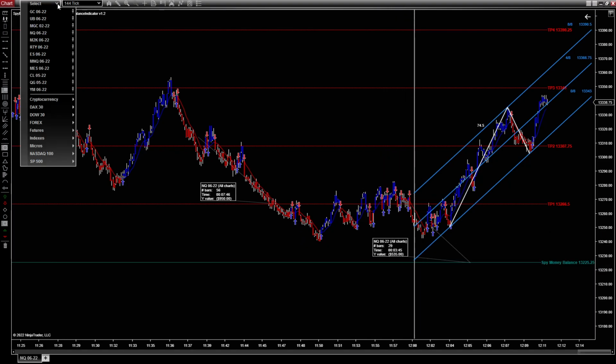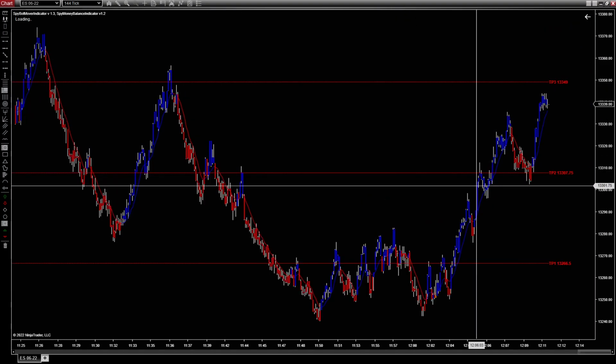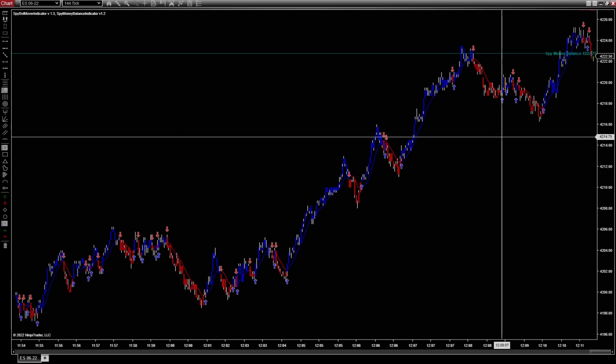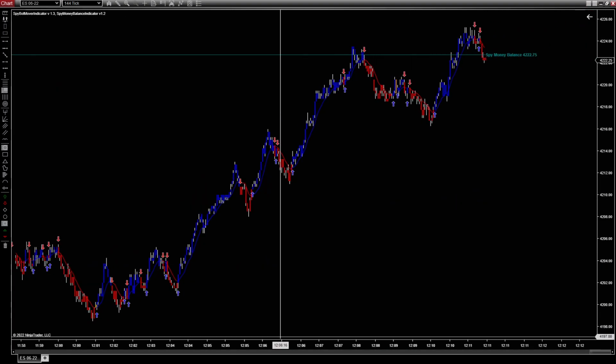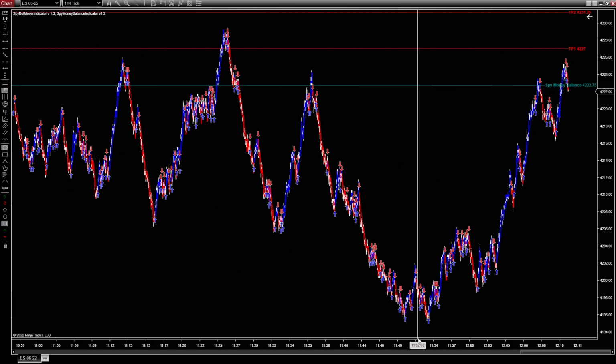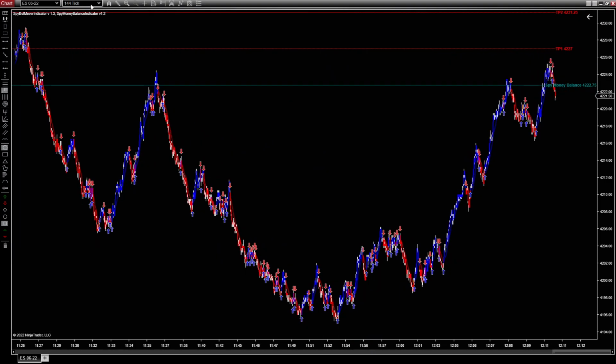This works for ES as well. A lot of people are trading ES. So if you were looking at ES, then it would show this a little bit different. There it is. It takes a while for your ticks to load up. And if we look at this on a 1 minute,